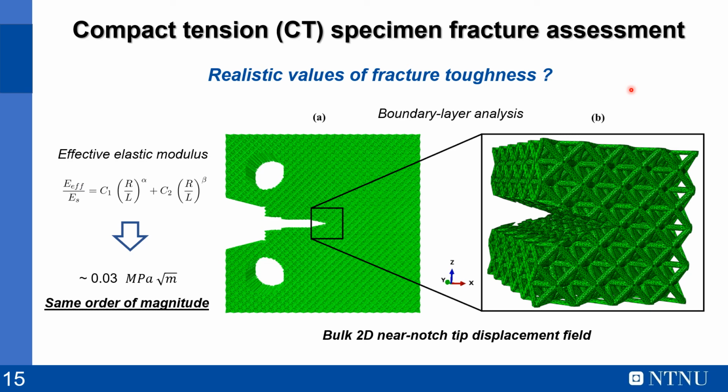Another confirmation has been observed by applying the boundary layer analysis, which consists of, before computing the effective elastic modulus of such architected materials, knowing the beam elements' radius and the beam length of the unit cell, and using such properties to compute the displacement field of a bulk material under mode 1, and hypothesizing a unitary stress intensity factor, we applied such displacement field around the boundaries of a volume around the notch, and we obtain again the same order of magnitude of the fracture toughness, confirming again that such fracture toughness values are pretty realistic, but future confirmations